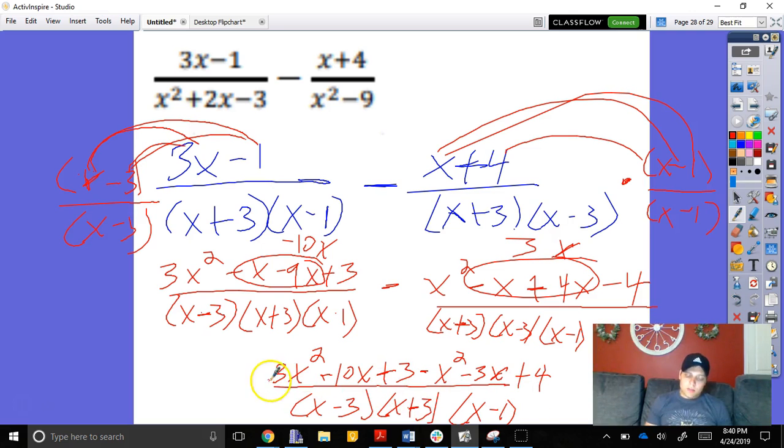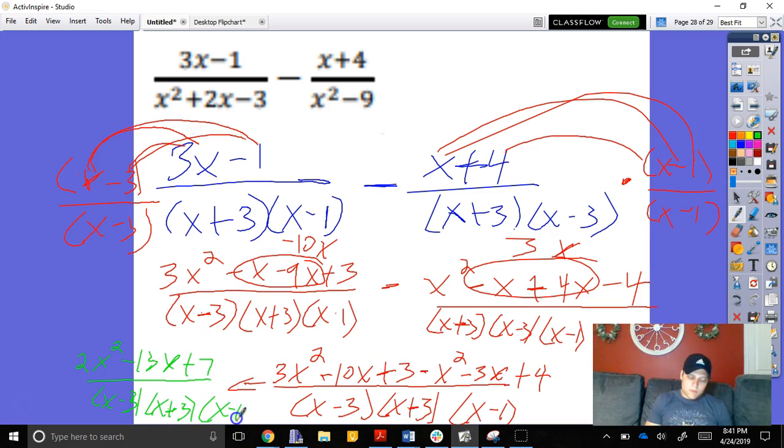Now I put like terms together. I'm going to write over to this way again. I'll change colors. My final answer is going to be in green. 3x squared minus x squared, that gives me 2x squared. Negative 10x, negative 3x, that gives me negative 13x. Then 3 and 4, that gives me plus 7. Over all three of these things. X minus 3 times x plus 3